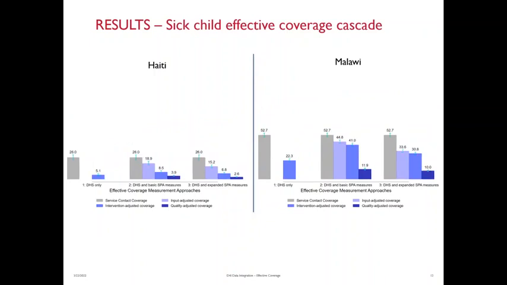Now for sick child care, we can see that the crude coverage starts off much lower than antenatal care in both countries, as we noted earlier. Now for sick child care, we don't have any process quality measures in the DHS. So for approach 1, we can only go out as far as intervention adjusted coverage in the cascade. And if we compare intervention adjusted coverage across the different approaches, approach 1 is not markedly higher, as we saw with antenatal care. In fact, it is lower than approaches 2 and 3. So this is actually due to those different measures, different denominators use of that receipt of complete intervention measure that